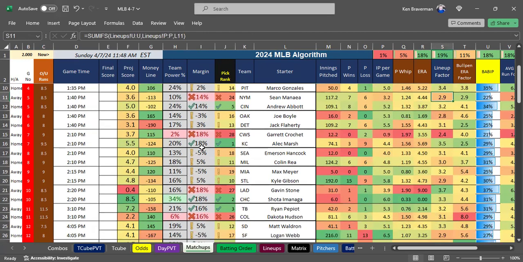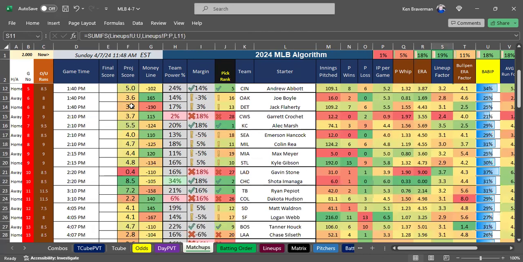Oakland, Detroit. Did the Sacramento A's win two in a row? The point projections say yes, but the margin says no. So this is one of those games where, notice, Detroit is much further down on the list, and that's probably because they're going up against Joe Boyle. Joe Boyle actually has decent stats. So maybe, like Blackburn pitching a good game yesterday, Boyle might pitch a good game too, and it doesn't really say that Detroit is as good of a pick as they were supposed to be over the previous few days.